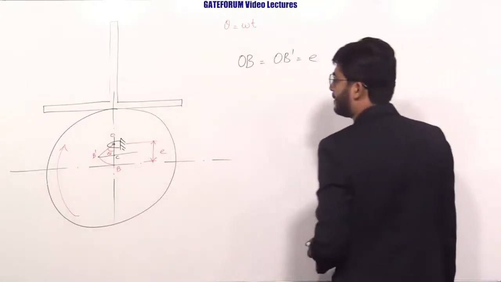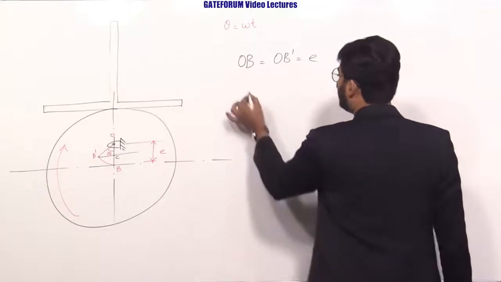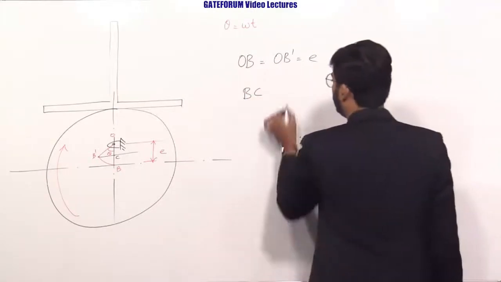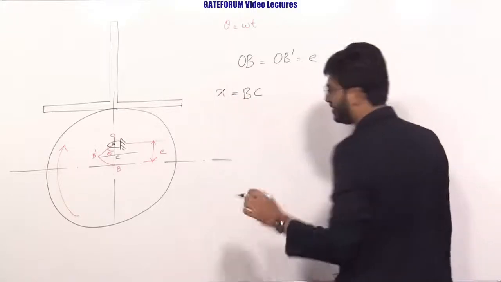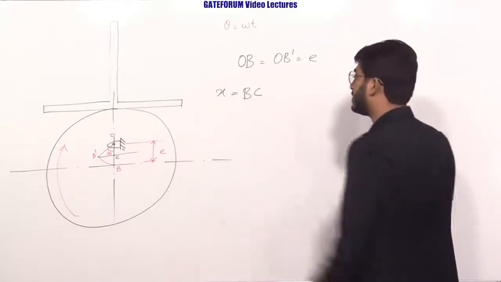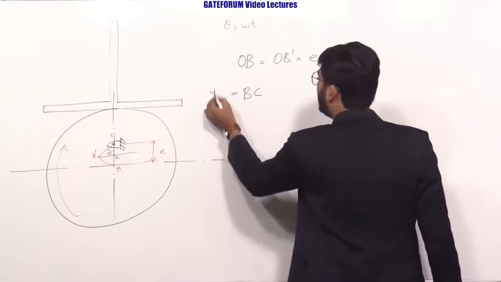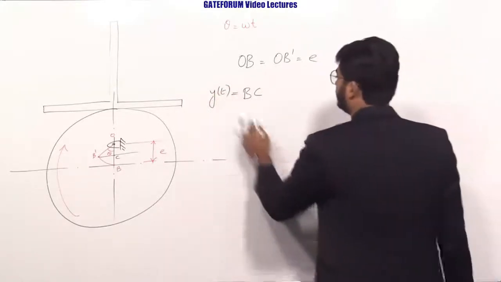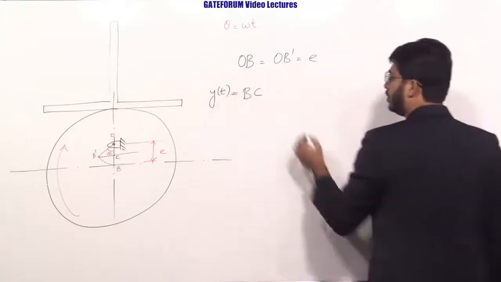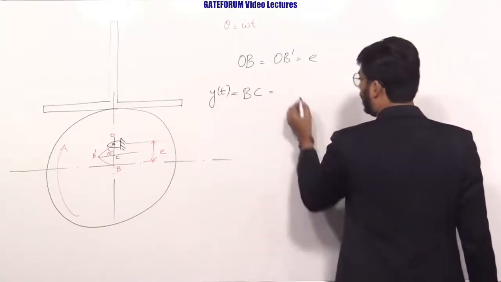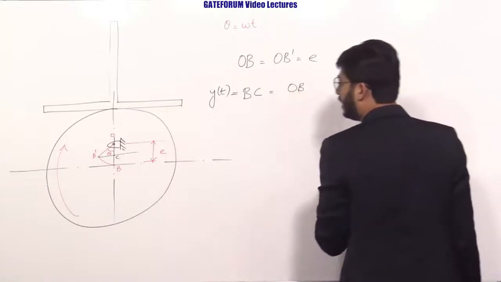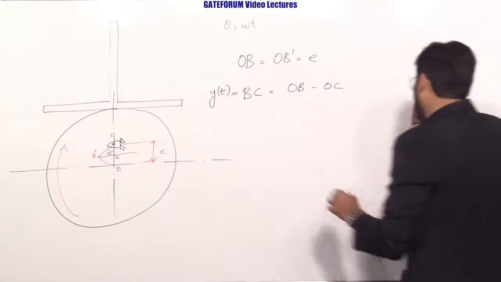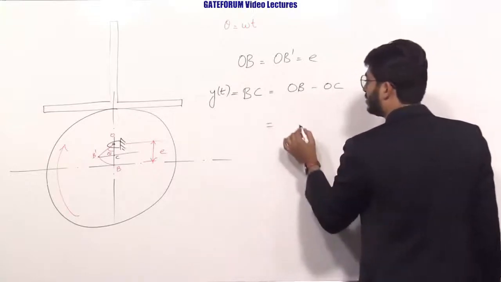So I can write BC, the displacement of the follower, is designated by y of t or y, that is equal to BC, which equals OB minus OC. OB is equal to E,